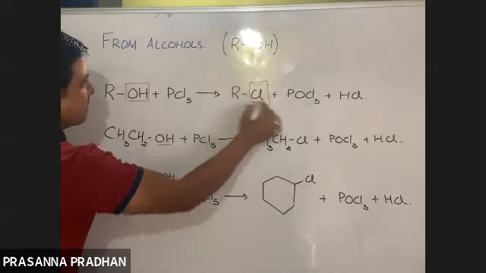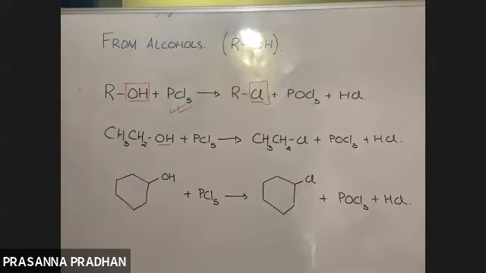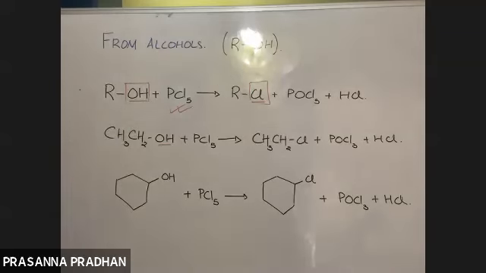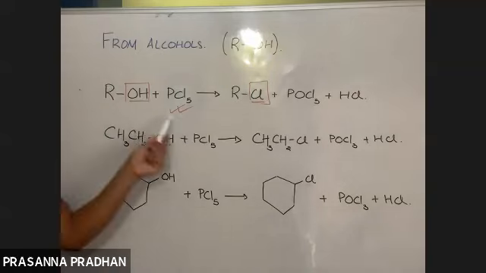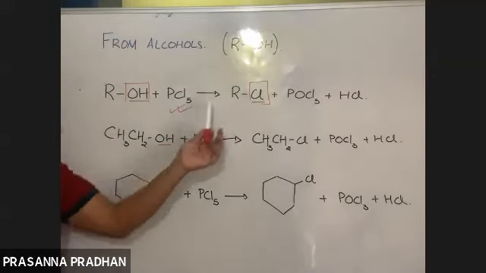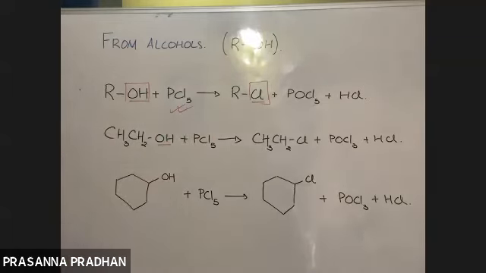So now we know what is the reagent for substituting your OH group with your Cl group. The reagent is phosphorus pentachloride. So any alcohol, when treated with phosphorus pentachloride, the OH group will get substituted by chlorine. So now we know how to transform your OH group to your Cl group. So you must be wondering, only alkyl chlorides can be prepared, or whether alkyl bromides or alkyl iodides can also be prepared or not.